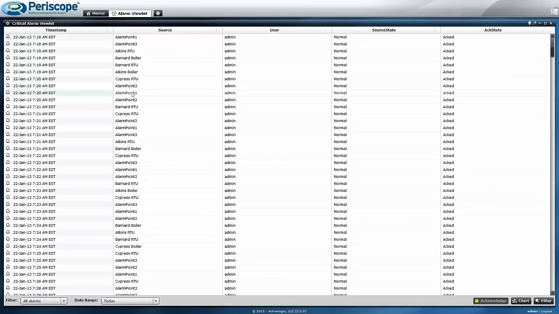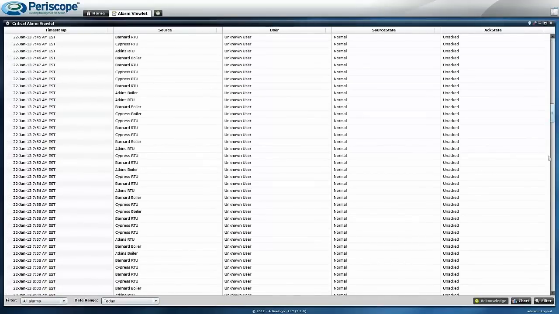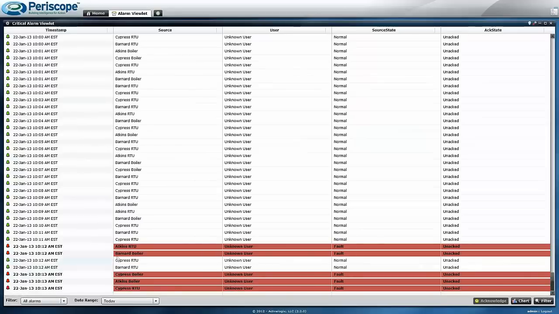The intention is to replace the AX alarm console so that Periscope users can view the AX alarm data, navigate it, and see when new alarms occur. So the default view is pretty cluttered like AX because we're showing all of our alarms that have occurred today. As I scroll down, I can see alarms that are in the fault state. I can see columns which can be configured, and I can see these filters at the bottom, so I can change the date range to yesterday